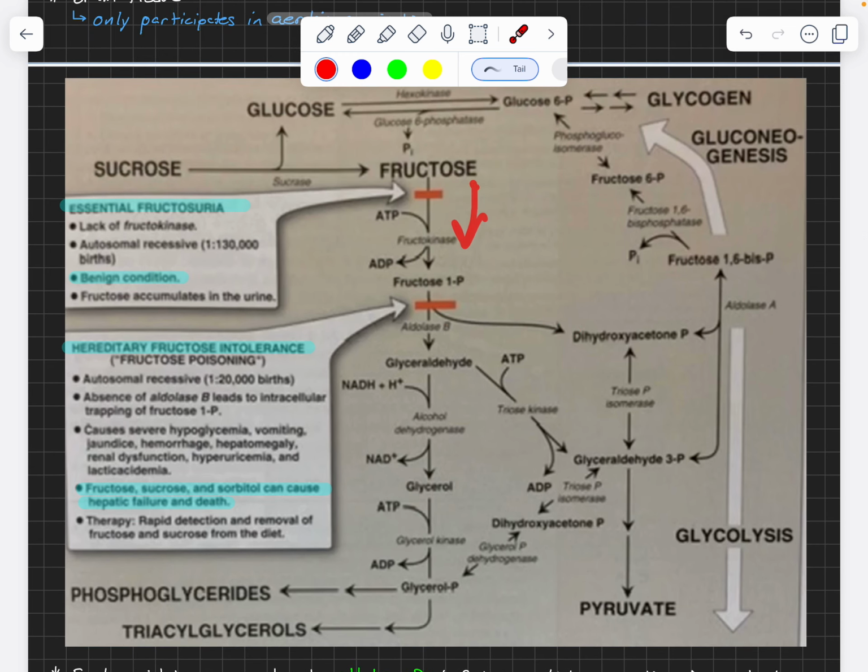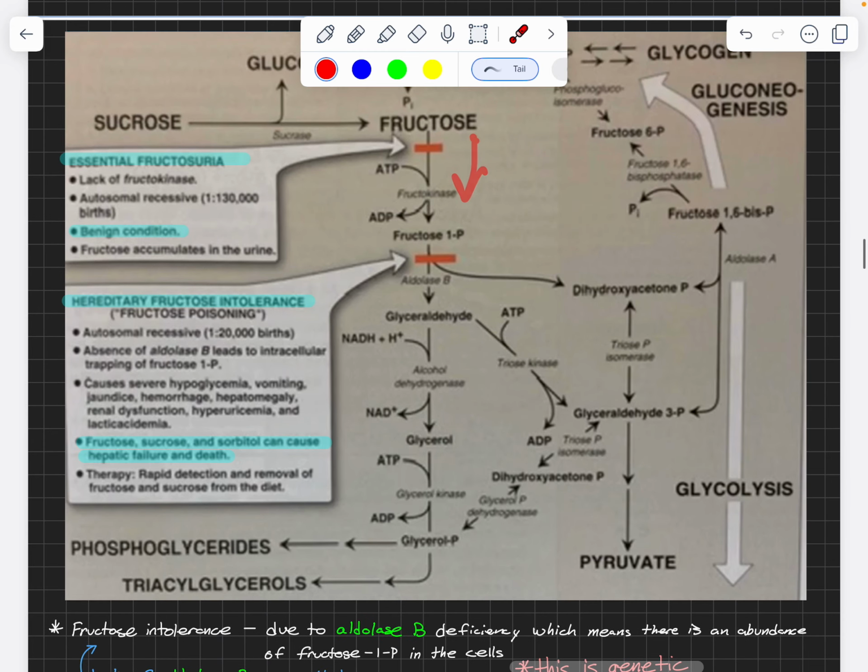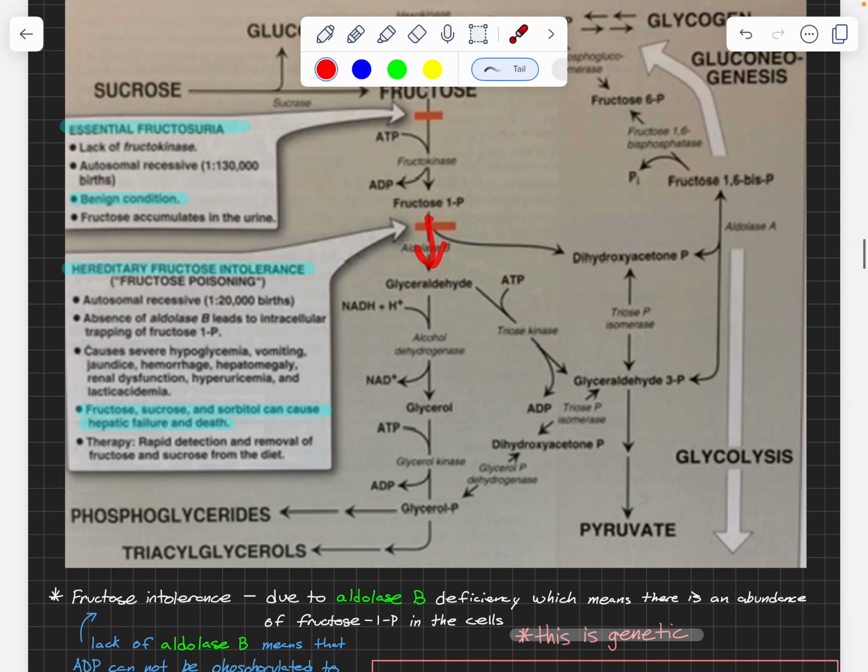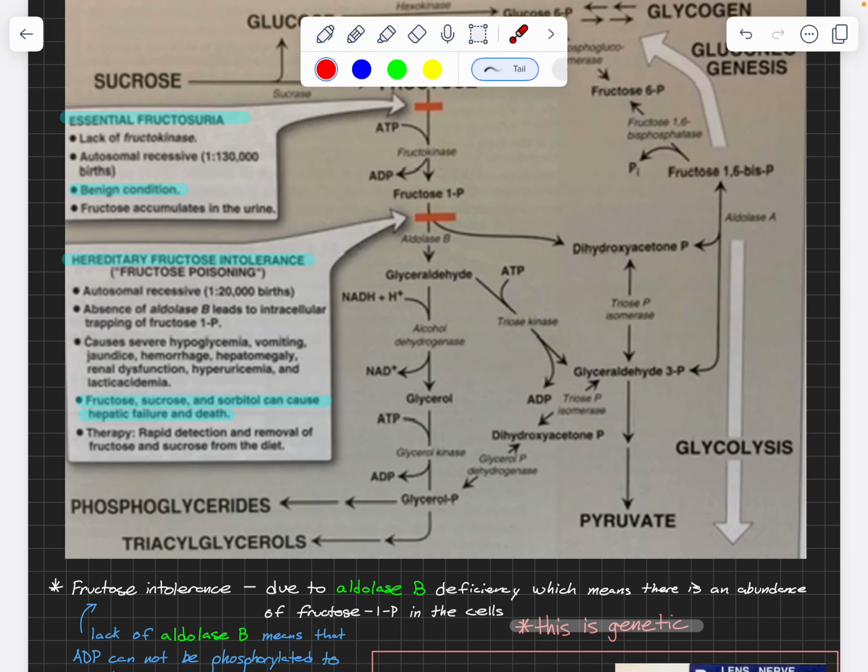We're going to go fructose, acted upon by fructokinase into fructose 1P, and eventually we're going to be acted upon by aldolase B to turn into glyceraldehyde right here, and this glyceraldehyde is going to be acted upon by triose kinase again and be turned into glyceraldehyde 3P. And what do you know? Glyceraldehyde 3P continues on the same exact way as our glycolytic pathway, and it's eventually turned into pyruvate, and from here it can either go to